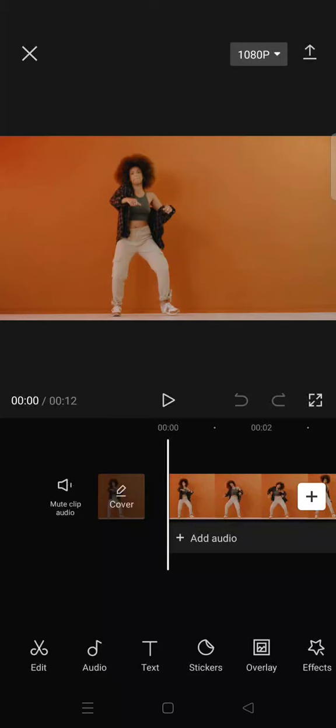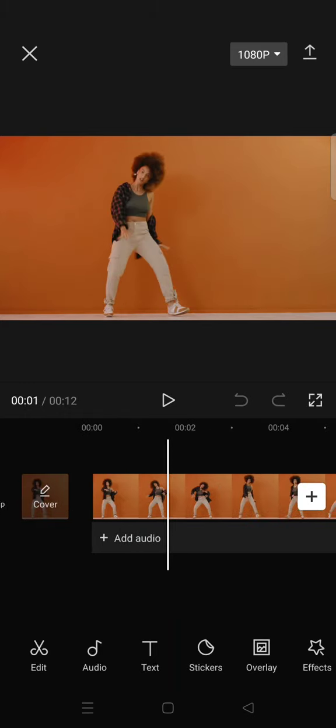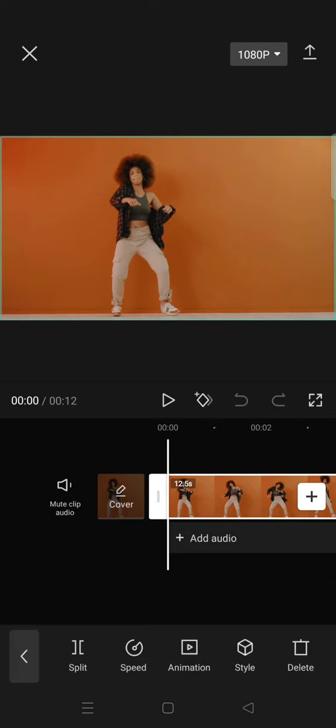In this video I'm gonna show you how to remove background without green screen on CapCut. So if you want to remove the background of a video but it's not on green screen, here is how to do that. So first, after you import the clips to CapCut,